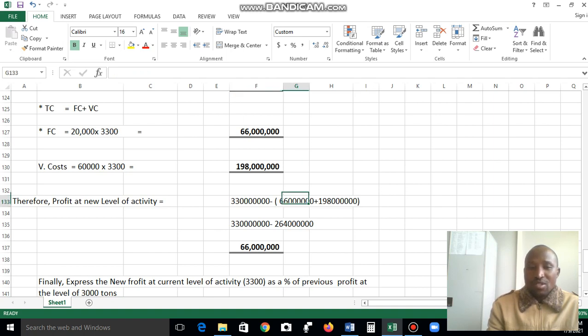When you sum them up, you get 264 million. So 264 million shall be deducted from the 330 million total revenue. When you get 330 million minus 264 million, we remain with a profit of 66 million. So this is the profit at the new level of activity,